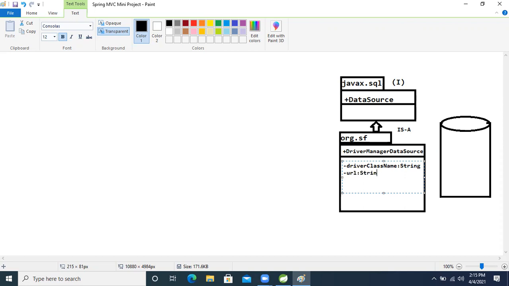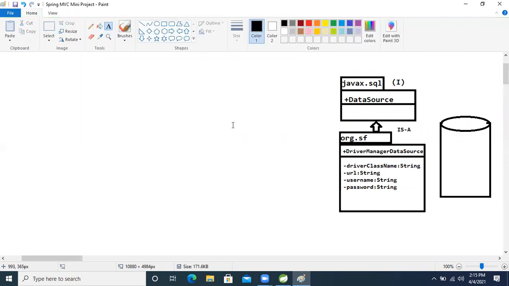String only, right? After that, another one is username, also String only. Another one is password, this is also String.